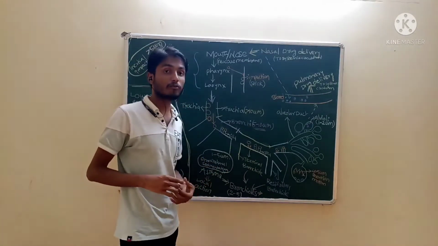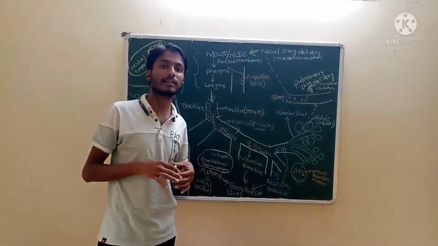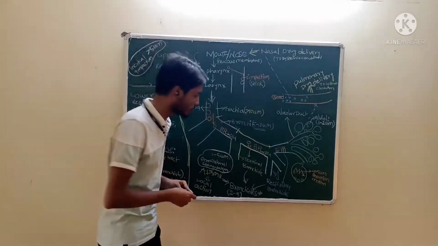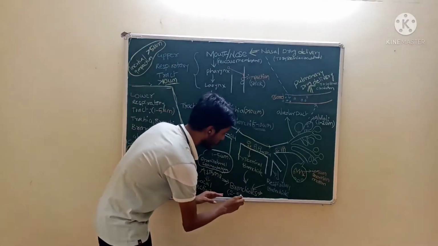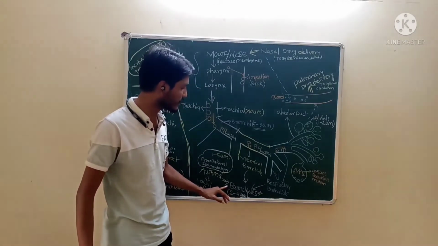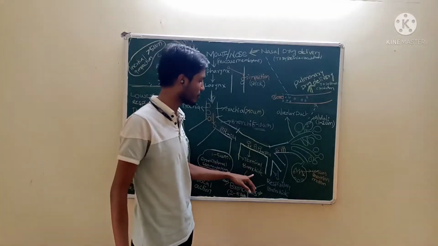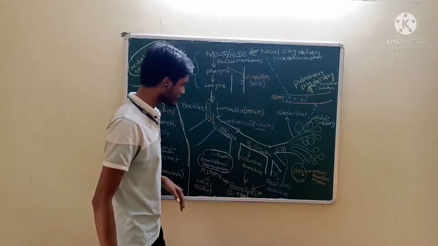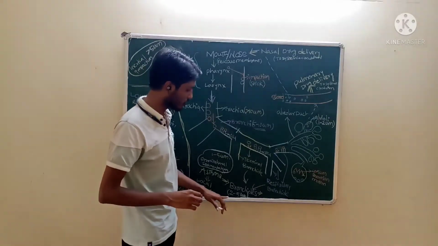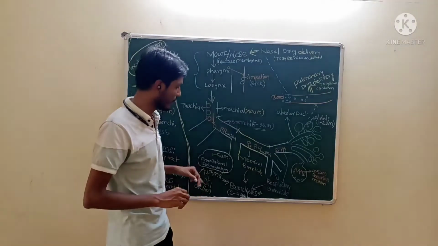So what size of particle will deposit in the terminal bronchiole and respiratory bronchiole? 2 to 5 micrometer particles will deposit in the bronchioles. Bronchioles are nothing but terminal bronchiole plus respiratory bronchiole. So the particles having 2 to 5 micrometer diameter,